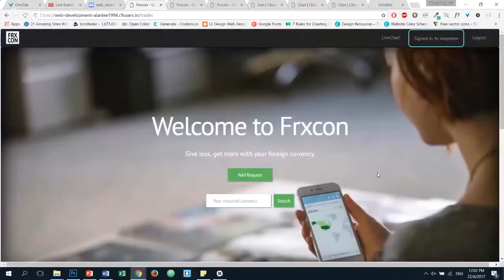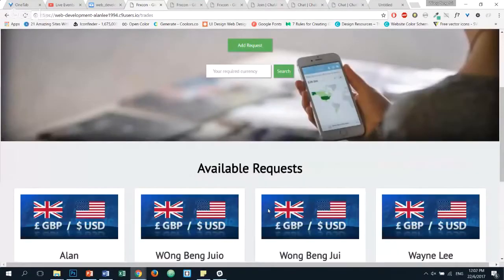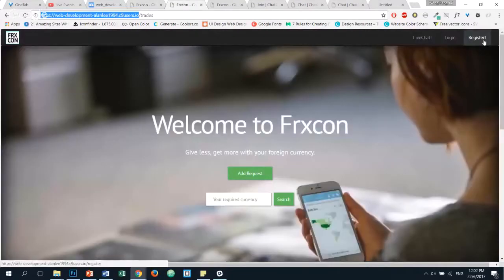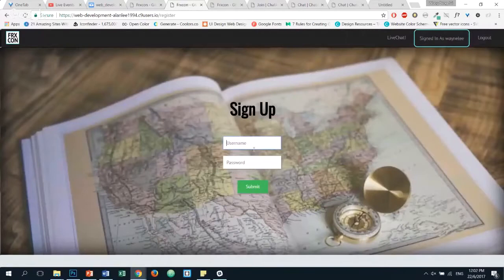And you will be directed to a page where you can add requests, search for existing requests made by other users, or view available requests. But before you can do all of that, what you have to do is register. So for example, you want to register as Wayne Lee, and then you click Password. Okay, after you click Submit, you will be redirected to